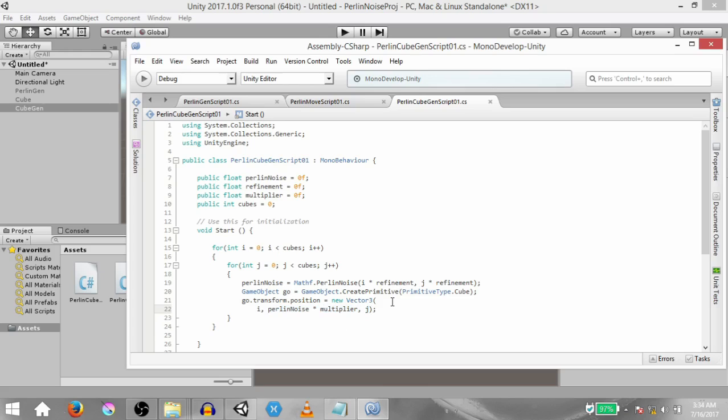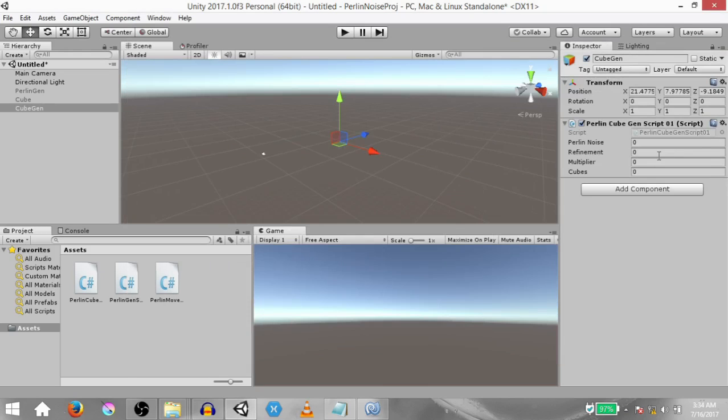And let's see the result of that. Hit save, go back to Unity, and let's set the values for our variables before running the game. So refinement has to be 0.1, multiplier has to be a little high, maybe 10, and cubes has to be 50. Keep in mind, the total number of cubes that you're going to see are 50 multiplied by